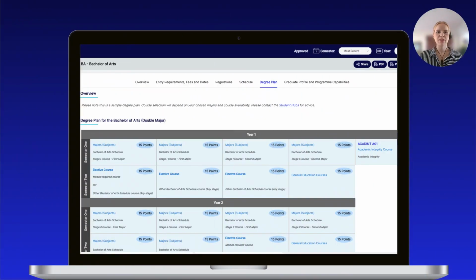For example, in the Bachelor of Arts, you can see a sample structure showing how a double major is spread across the degree, how many courses are usually taken each year, and where general education and elective courses sit within the overall plan. The key thing to understand here is that this is a model, not a fixed timetable. Students won't follow it exactly course for course, but it helps them understand and shape their degree before they start